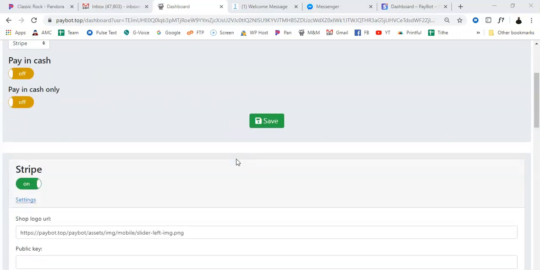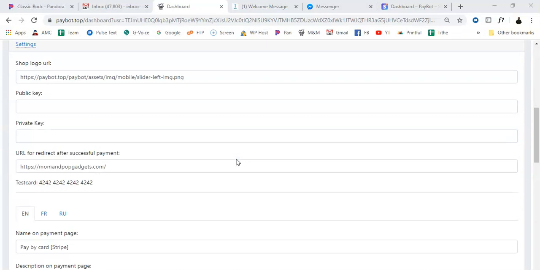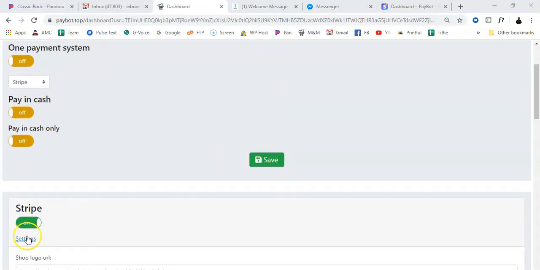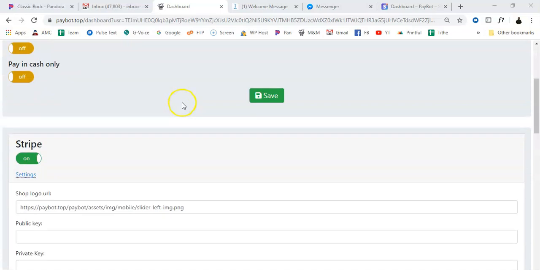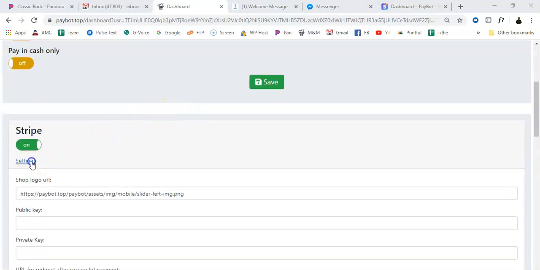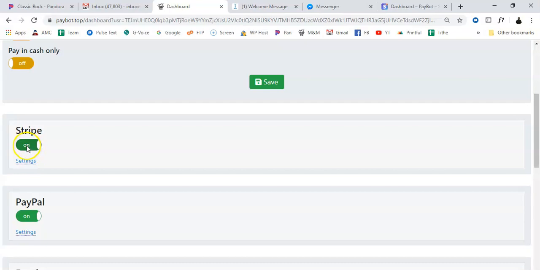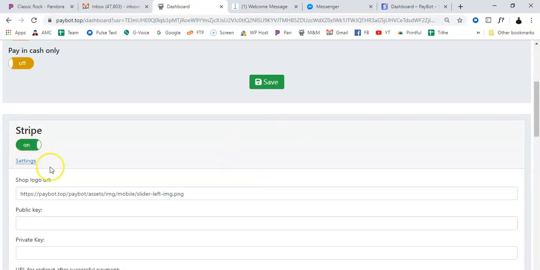So in order to integrate Stripe into your PayBot account, what you want to do is go over to where it says integrations in your PayBot dashboard. Scroll down to Stripe. By default, it's possible this might be in the orange color where it says off. All you got to do is click to turn it back on. Make sure it's in the green button,